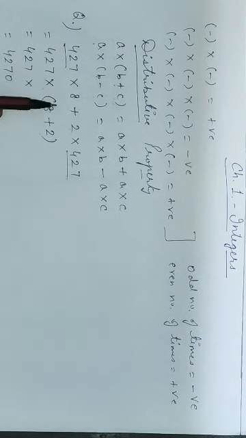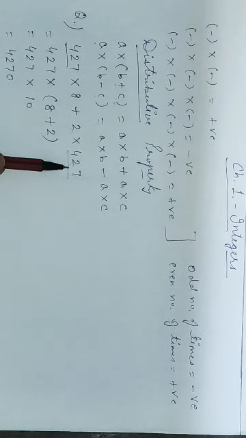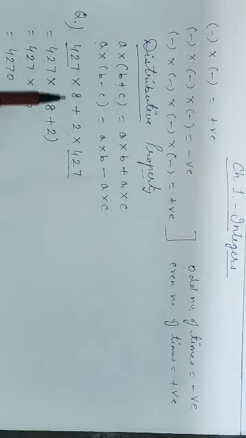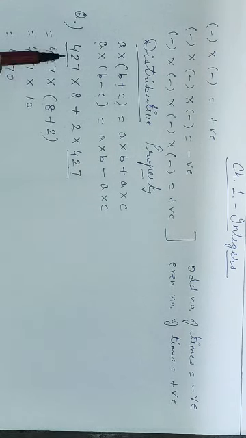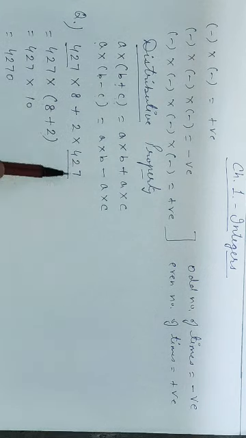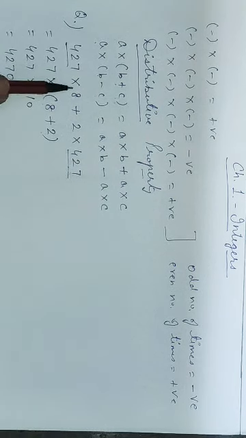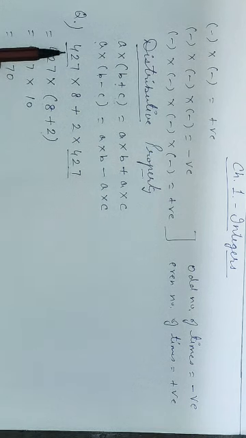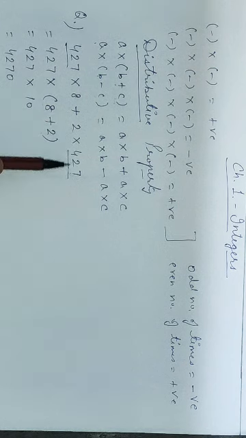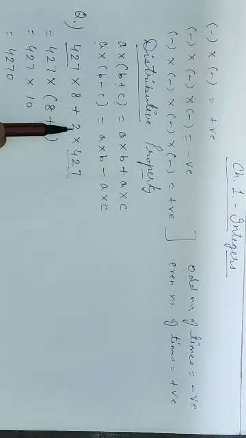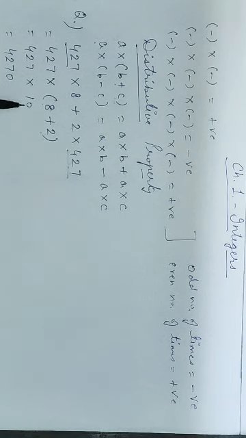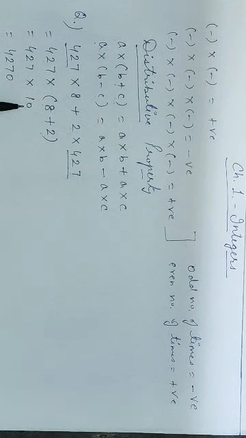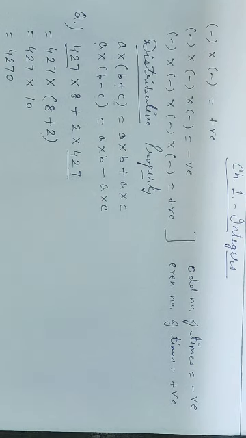See, once again, what we did here is, first we have to find the common number which is coming in all the terms. Here the number is 427, which is the common number because it is coming in both the pairs here. So we have taken 427 as the common number. Then this multiplication sign. Then in the first part we are multiplying 427 by 8, so I have written here 8. Then plus, in the next step we are multiplying 427 by 2. So we will write here 8 plus 2. Then what is 8 plus 2? It is 10. Now multiply 427 by 10. So the result is 4270.